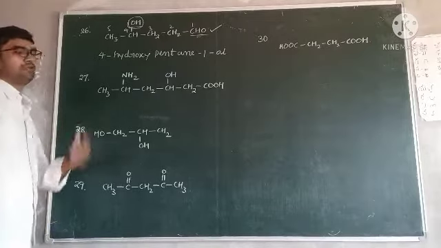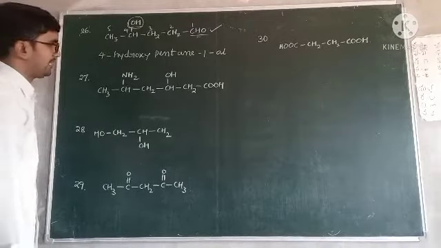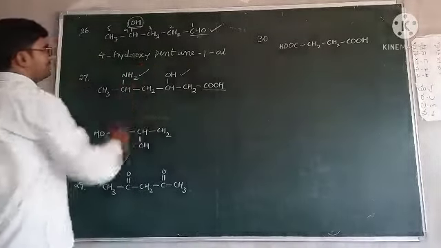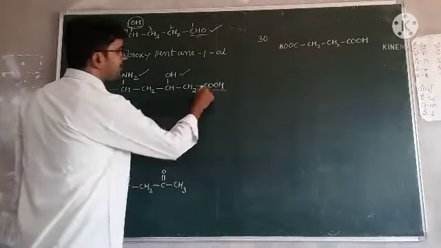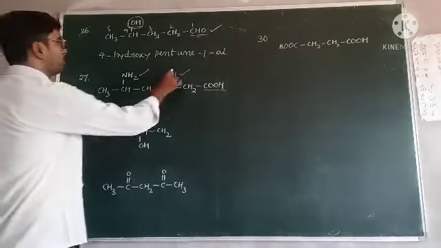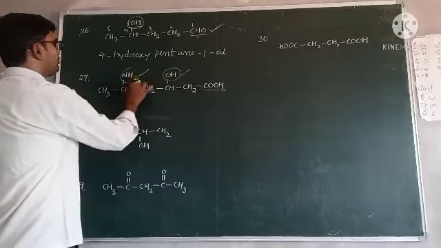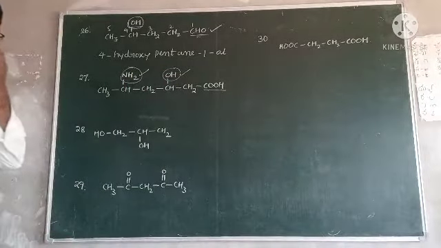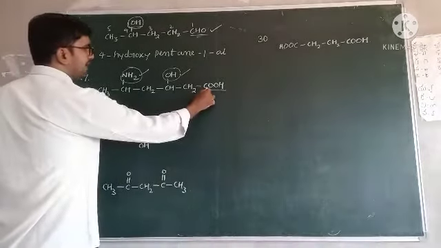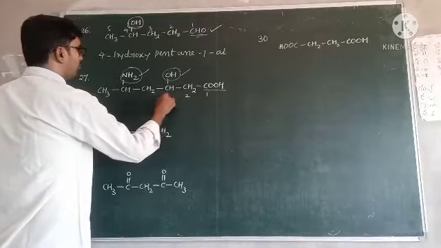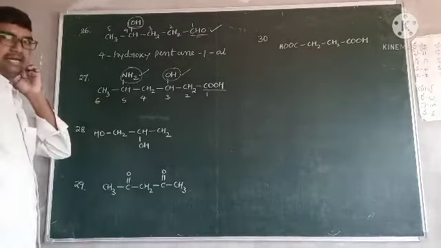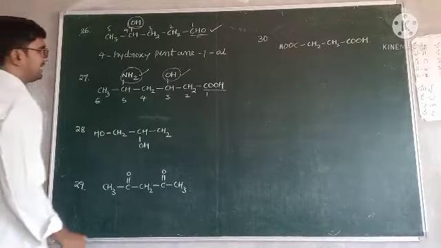27. It is also an organic compound containing more than one functional group. This is one functional group, this is one functional group, this is one functional group. But COOH is the main functional group. These two are now dummy, meaning these two act as substituents. So now give the numbering based on the main functional group: 1, 2, 3, 4, 5, 6. Now write the name of this organic compound.